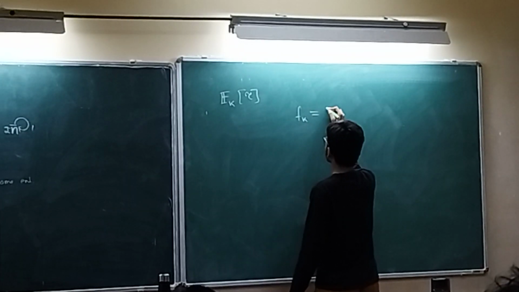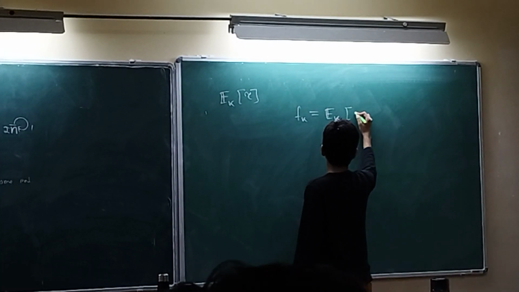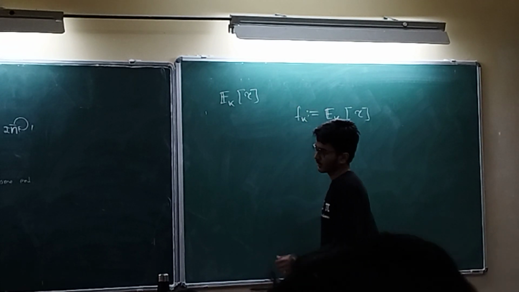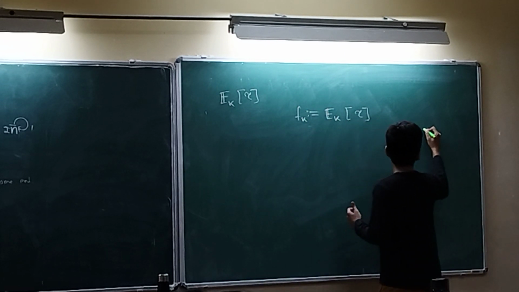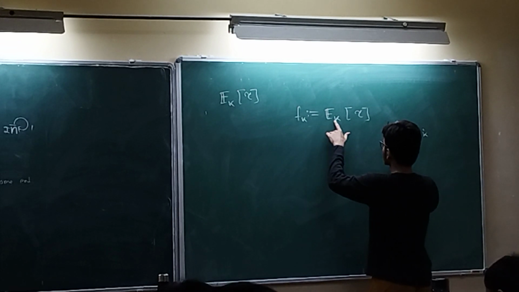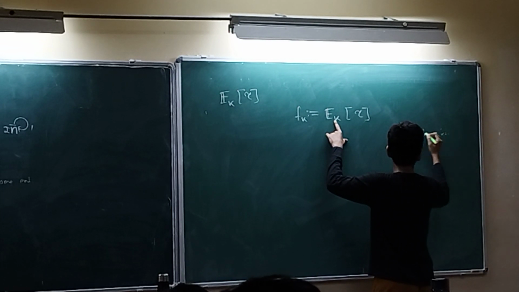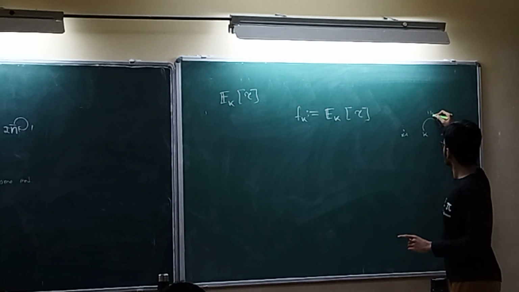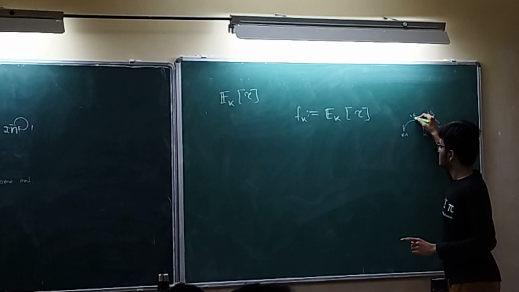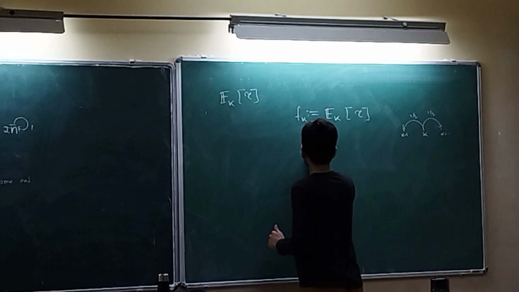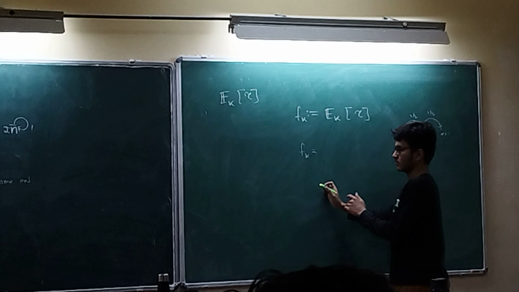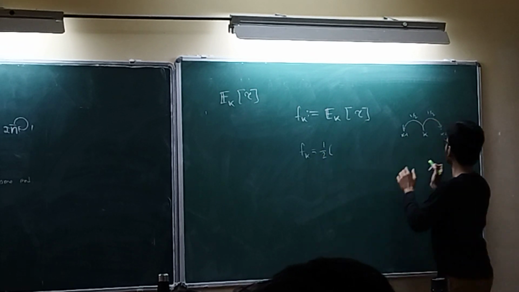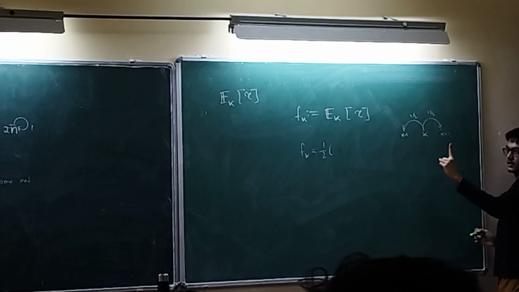Again, set up a recurrence. So I take f_k to be this thing. Let's say you start from k. You can move to k plus 1 with probability half, or move to k minus 1 with probability half. Now I can write f_k as, so what is the probability that I will move to k plus 1? That's just half. And while moving, I have wasted one step.